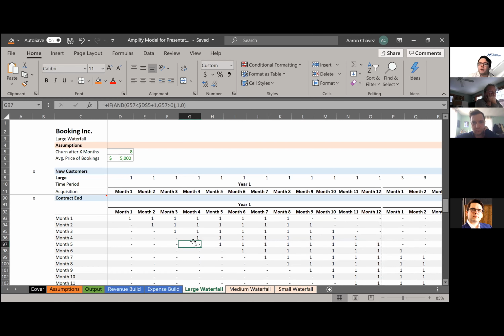But this is one of those added layers of complexity that not only impress investors because this is how they view the world, but also show a fundamental understanding of what your business looks like. How many models have you seen that don't have something like this? Which is fine, and it's all good if that works for them. But